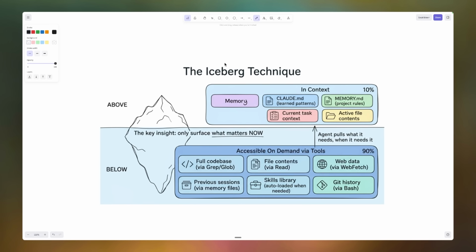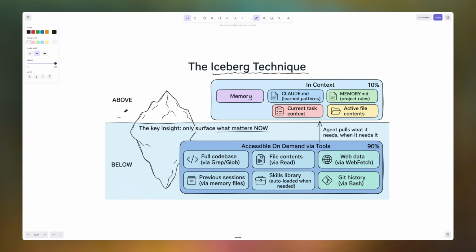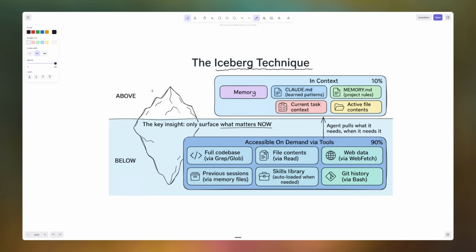Now that takes us to what most model practitioners are using nowadays, which is a variant of something that people call the iceberg technique. Now, in case you guys have never seen an iceberg before, I'm Canadian, so we have them everywhere, including literally in the river across the street from my house. Not actual icebergs, but little ice floats.